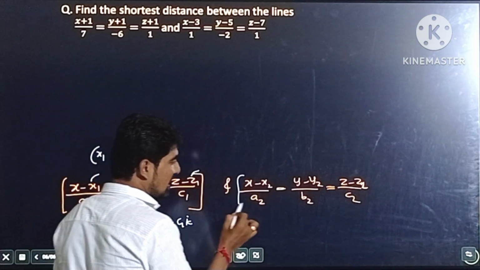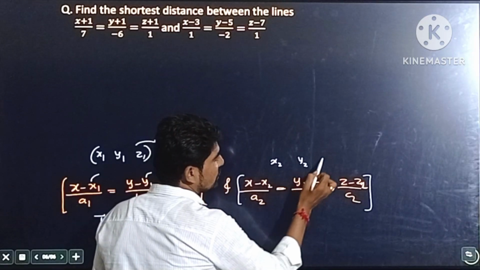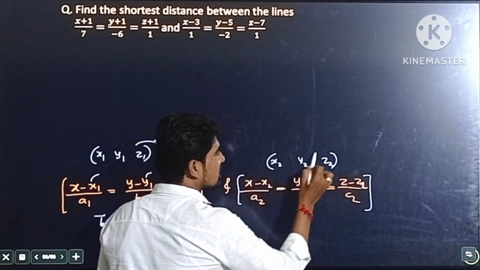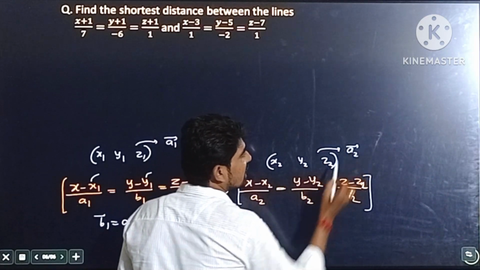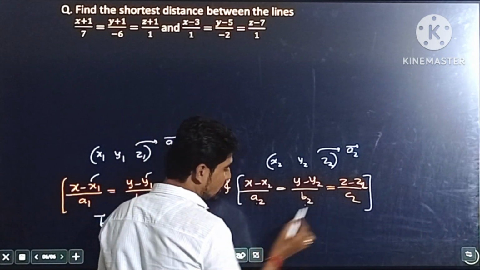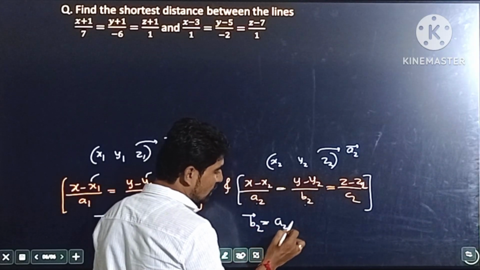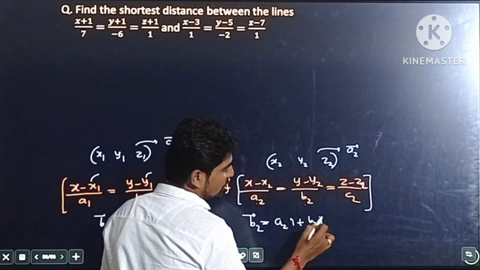Similarly, this second line passes through the point x2, y2 and z2, and its respective vector is a2 vector, and the direction ratios of the second line are a2, b2, c2, and its respective parallel vector b2 vector is a2i plus b2j